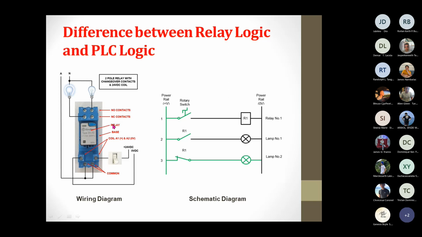So if you try to look at, for example, a very simple example, you have here a relay. So we have a normally open and a normally closed contact, and then you have here the coil of the relay, this one, and then a switch. So you want the lamp, or in the relay logic concept,